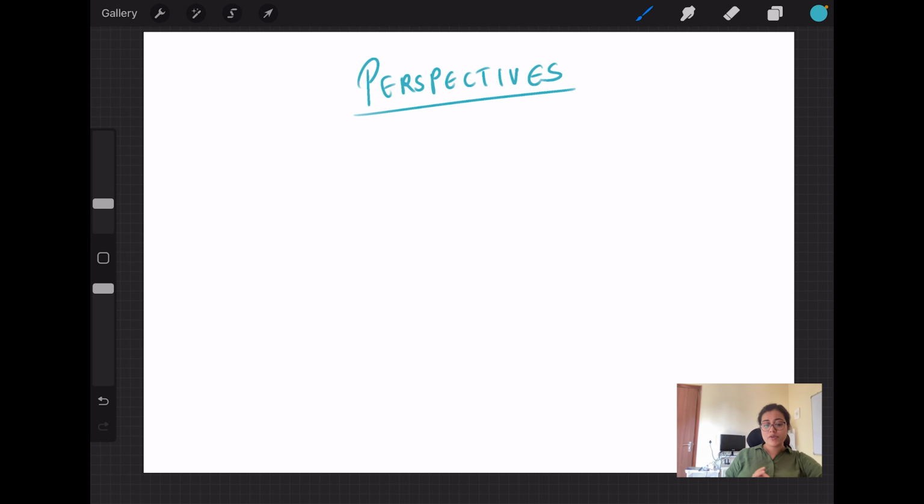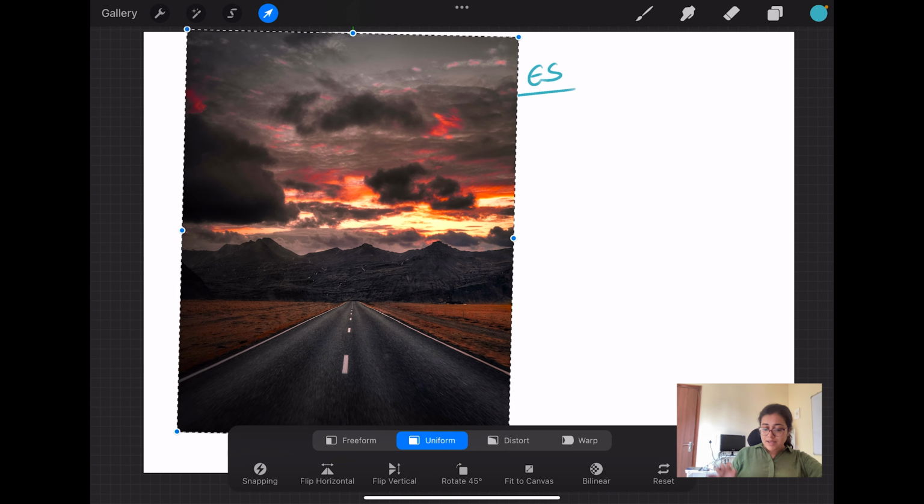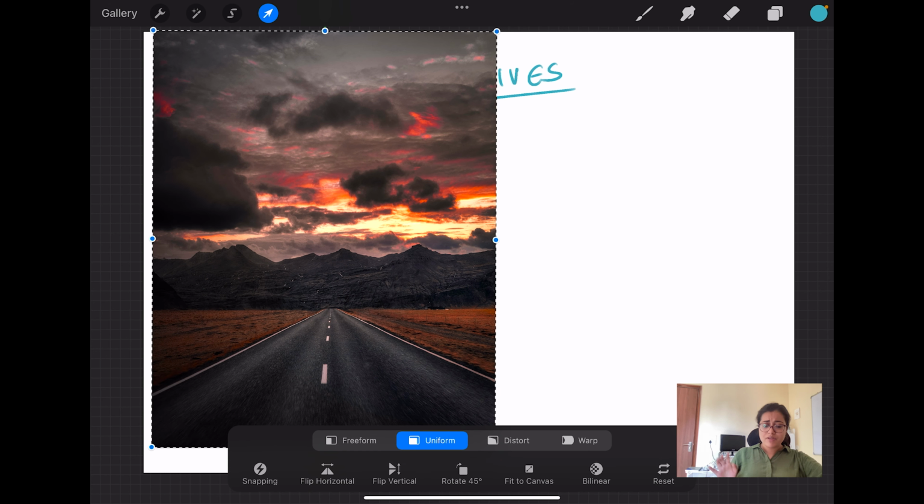Okay, I want you to imagine it this way. Suppose you're traveling on a really long and straight road, and the sides of the road are basically parallel, right? But when you see the road, I'm going to show you how it looks. Suppose this is the road you're traveling, and the sides of the road never meet, right?